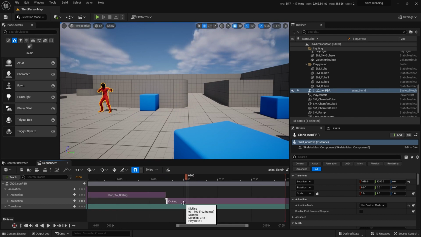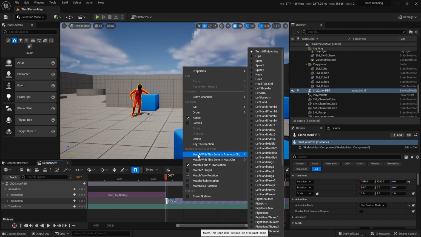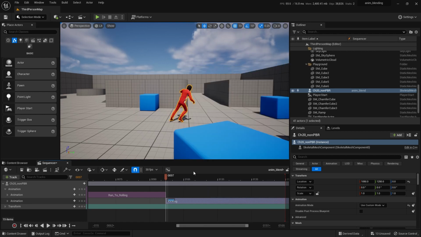So let's do another bone match on that character. Right click, match. So we're kind of, again, handing the baton to the next character, the next clip. And let's again try with hips, see how well that blends, if at all. All right, so as a straight cut, he's got quite a shift from one frame to the next. That is expected because they're not going to be in the exact same position. So we have to do some blending again.